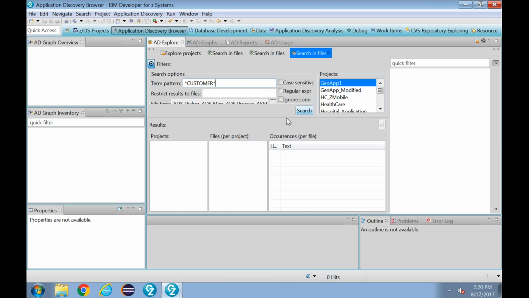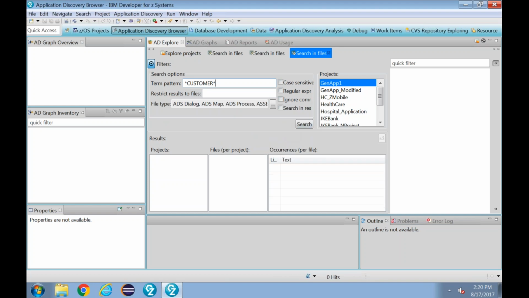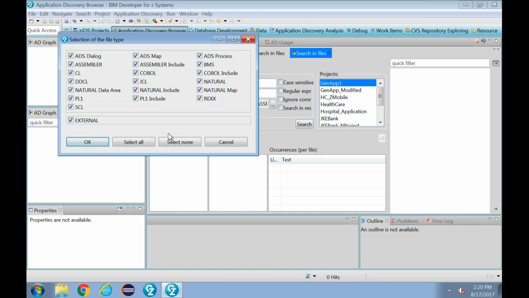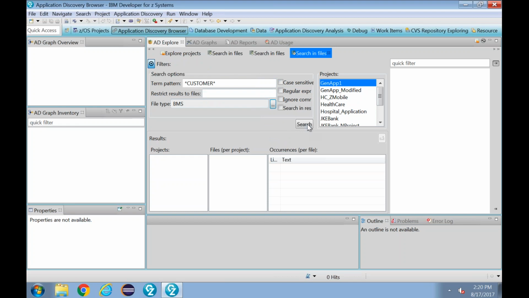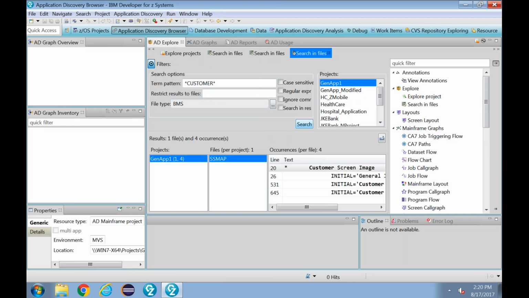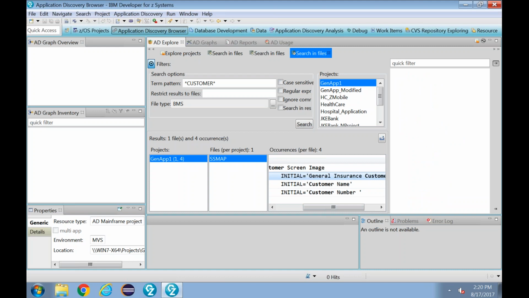For this search, he has to only select the screens, which are the BMS maps, and run a search. So the search brings out a few results.